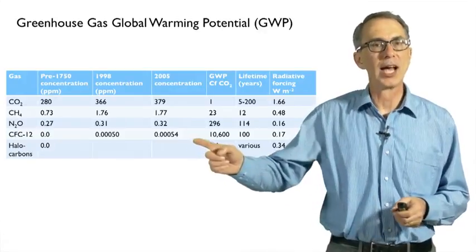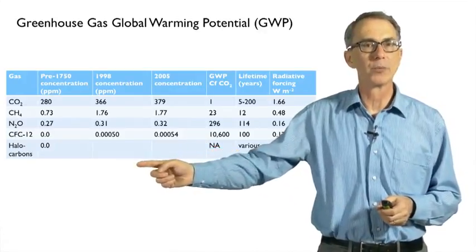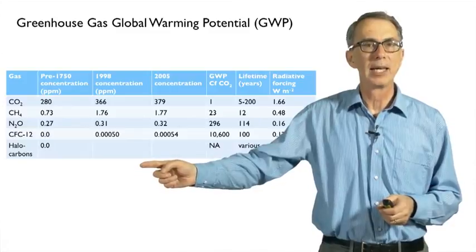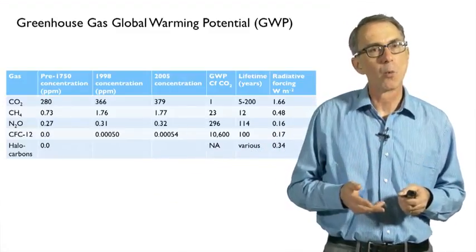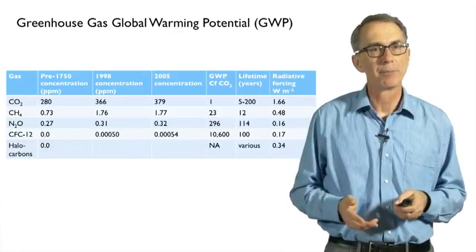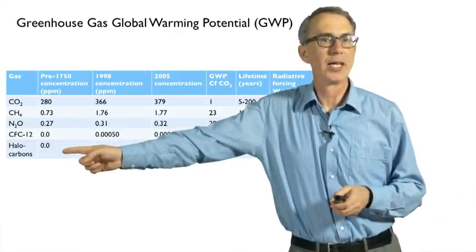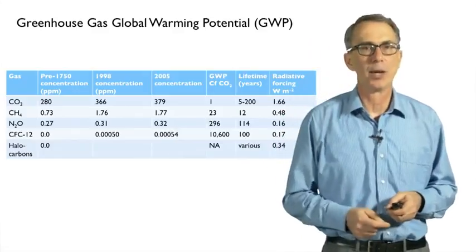So if we look at this chart here, we've got a whole series of columns. The first one is how much was the composition in the atmosphere way over here in pre-industrial times,